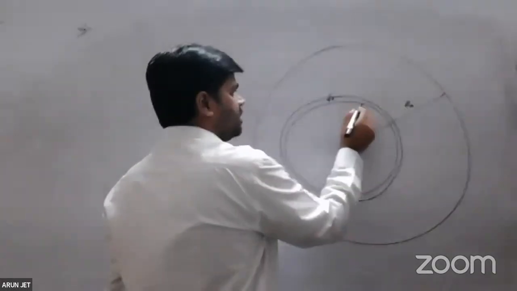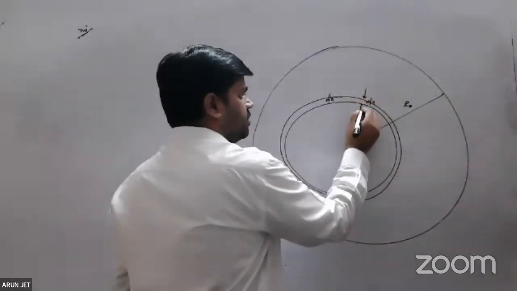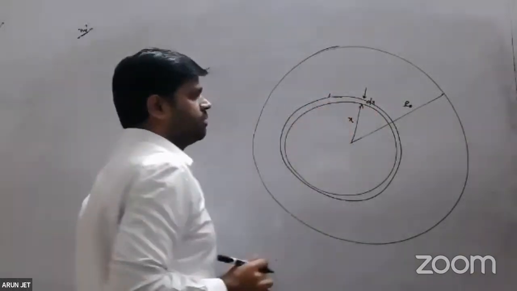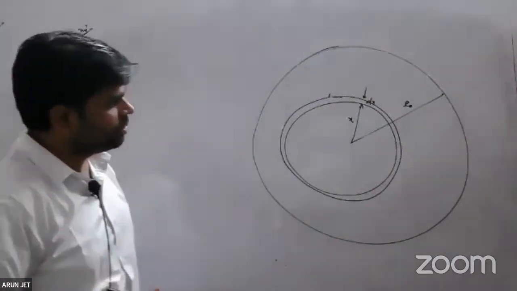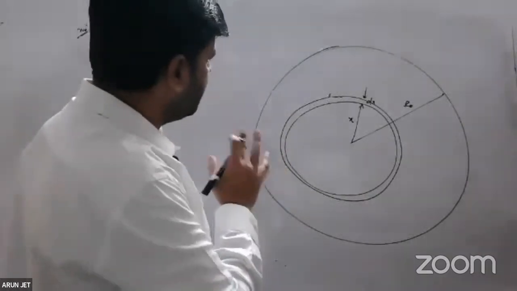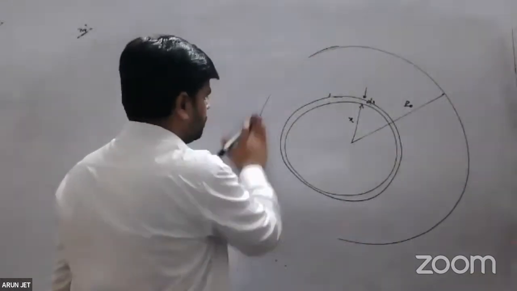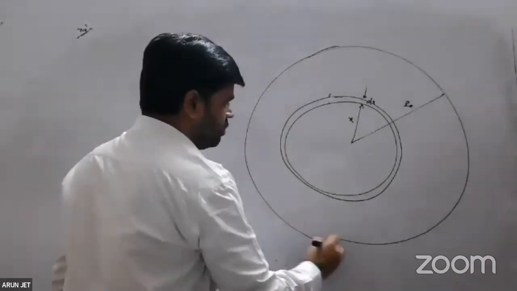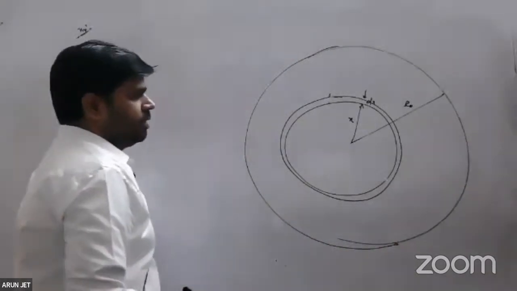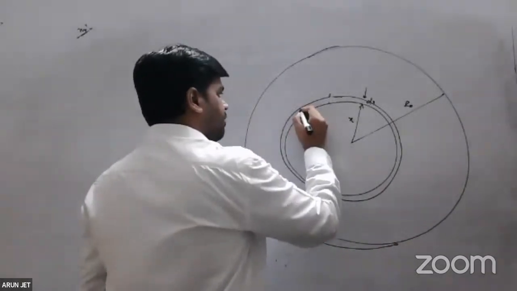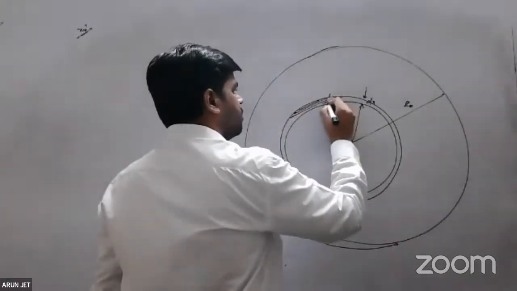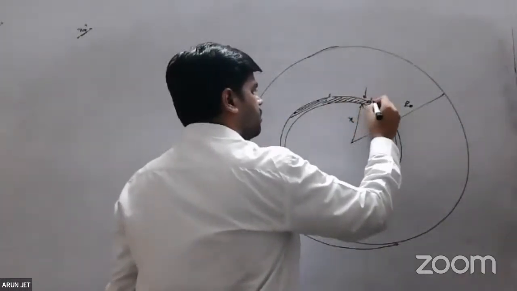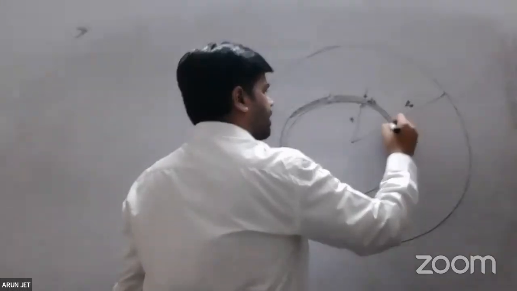So width is dx and radius is x. Okay, it's a concentric ring. It doesn't seem to be concentric, but it is. Now, this shaded part,